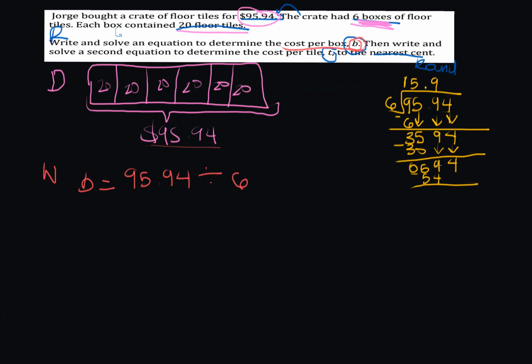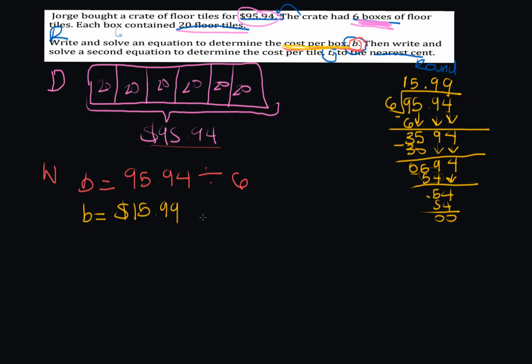So we need to subtract. 9 minus 4 is 5. Bring down our 4. Does 6 go into 54? Yep. So 6 times 9 is 54. Subtract 0, 0, and that's how we know we have our answer because there's no remainder there. So what did we just find? We just found out the cost per one box. So $15.99 is the cost per one box. So we can write B equals